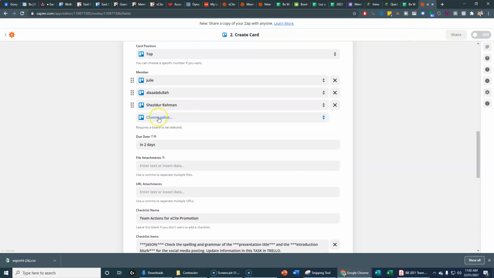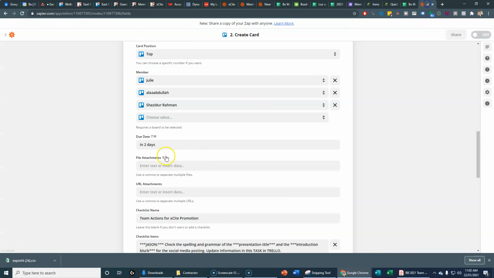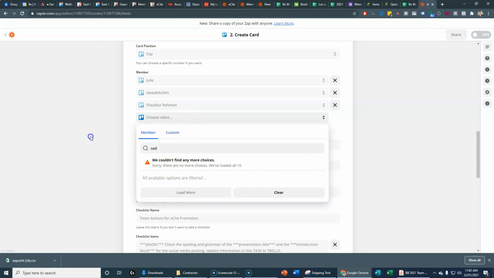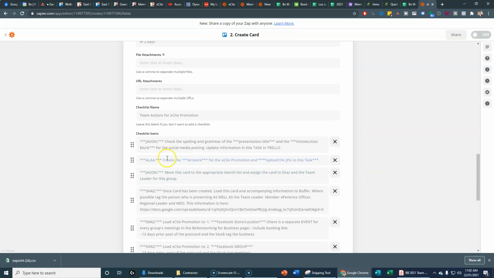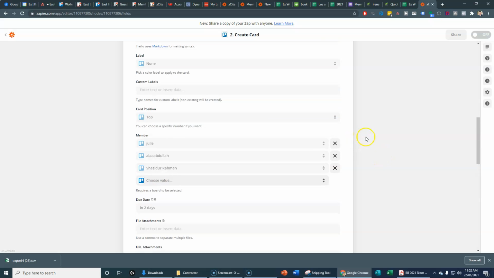The other person we need to add to this board is the team leader, and that's gained off here. We saw that East Brisbane was Neil Munro, so we need to add Neil to it. It's possible we won't be able to add Neil yet because he hasn't accepted the invitation. That's fine. So we've got everybody that needs to be on there for the moment. We may need to go back and fix that, so you might need to create a task for the future to fix that. So now that's all been done,